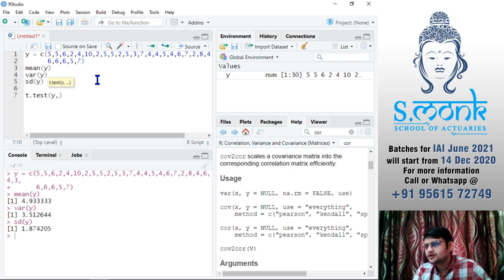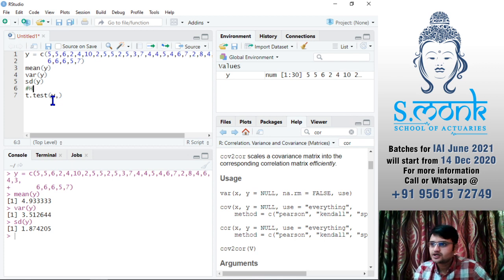Then we have to figure out whether we are talking about single sided or double sided. I'll just write here, anything you write after a hashtag is nothing but a comment.